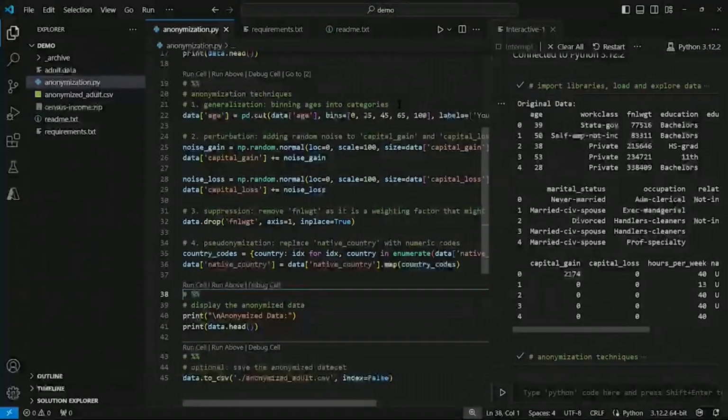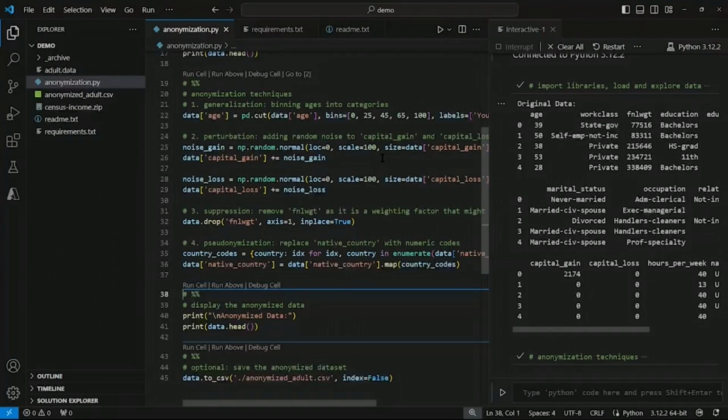Then starting on line 24, perturbation involves adding noise to the data. This technique modifies the actual data value slightly or significantly, depending on the use case, to protect privacy, while attempting to preserve the overall statistical distribution. We're adding normally distributed random noise to capital gain and capital loss.